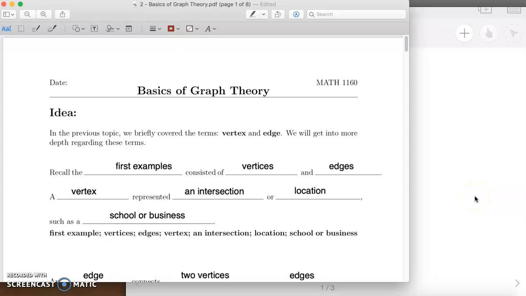Hi there, this is Unit 5, Topic 2. Last we talked about how to represent data with a graph. Now we're going to talk about the basics of graph theory. We're going to go through mostly definitions in this document and then go to the example homework problems to go